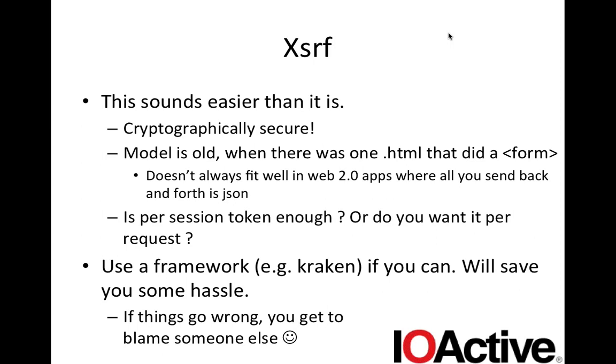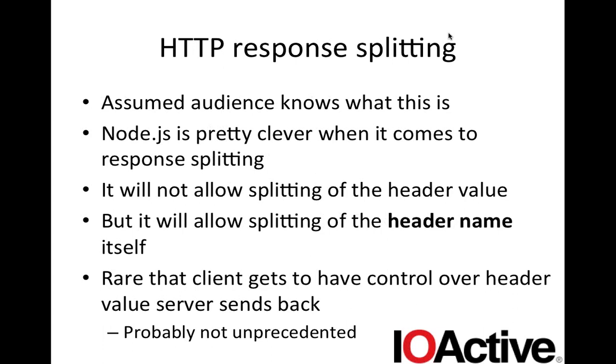But if you must roll your own cross-site request forgery protection, the idea is basically that you generate a token that's cryptographically secure, and you send the token to the client. When the client does its post or whatever request, it gives you the cryptographic token, and then on the server side, you get to compare that token with the one you stored, and if they match, then you let the request go through, otherwise you fail the request, right? That's more or less how it works.